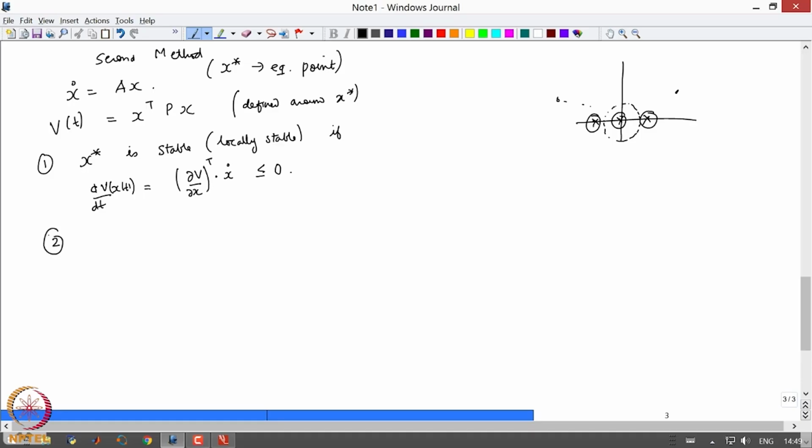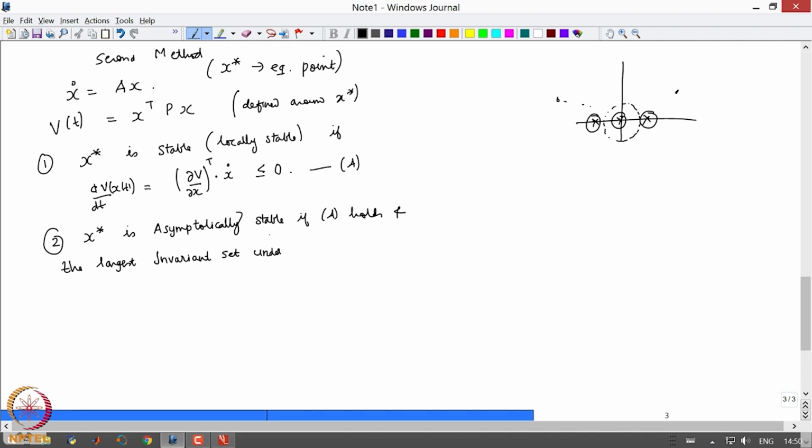Second, x star is asymptotically stable if, I will call this condition A, if A holds and the largest invariant set under this dynamics of LTI systems is contained in the set